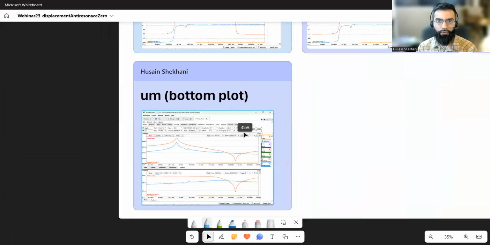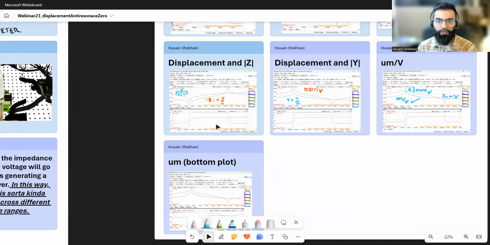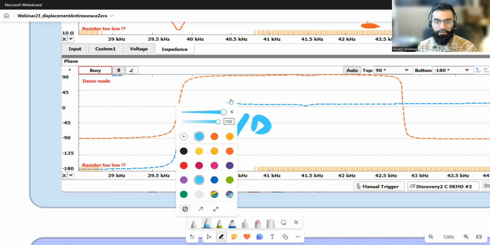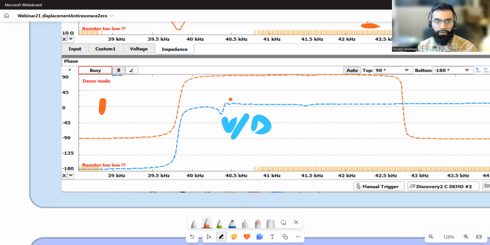Oh yeah, one other thing I forgot to mention, sorry about that. Here's the phase values. So you see, again, this is the displacement, basically voltage over displacement phase, and this is current, voltage over current phase. So we see obviously impedance negative 90, 90 goes back down. But however,